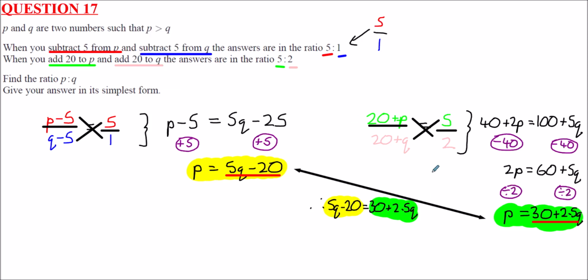So how can we do that? Well, what I'd suggest we do is we get the Qs on one side and the numbers on the other. So first of all, I'm going to suggest we subtract 2.5Q from both sides. So on this side, we'll get 2.5Q minus 20 equals 30. Then if we add 20 to both sides, add 20 here and add 20 over there,